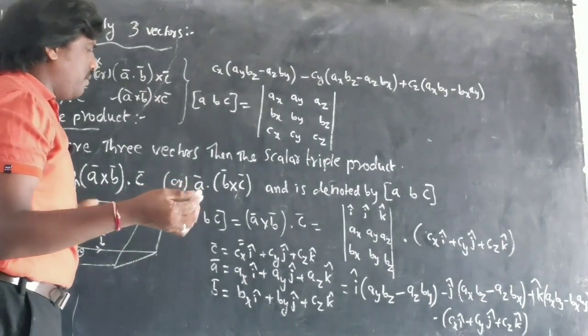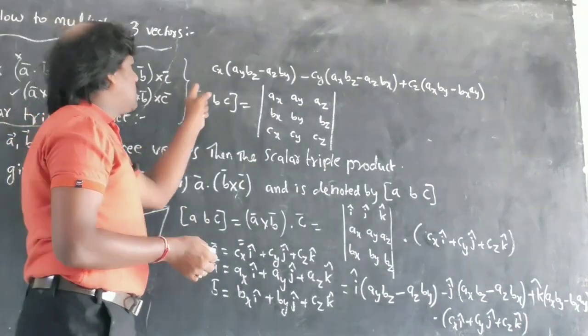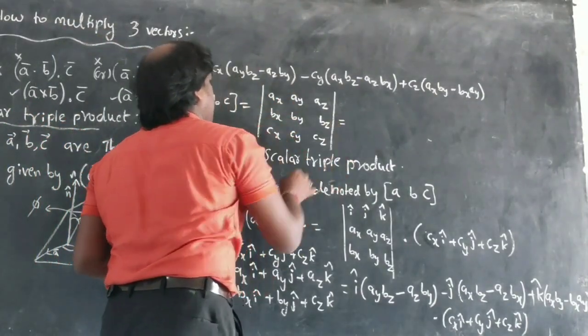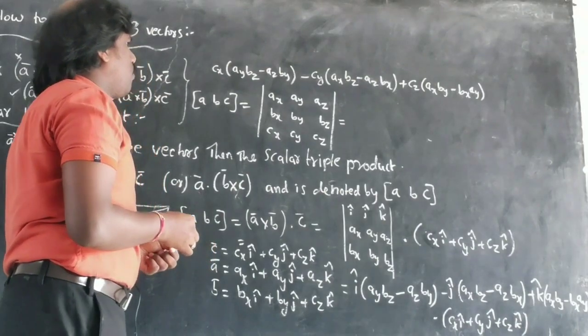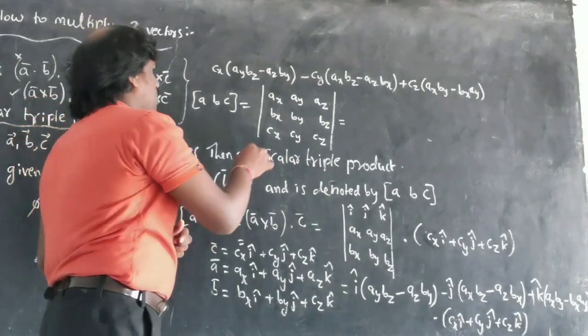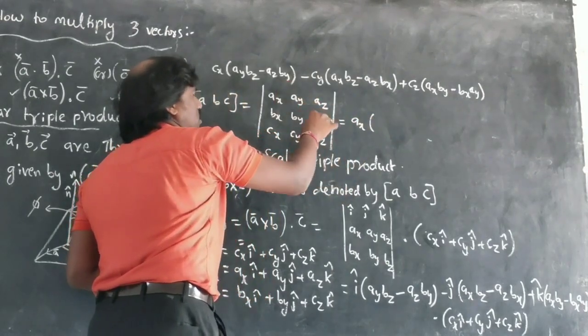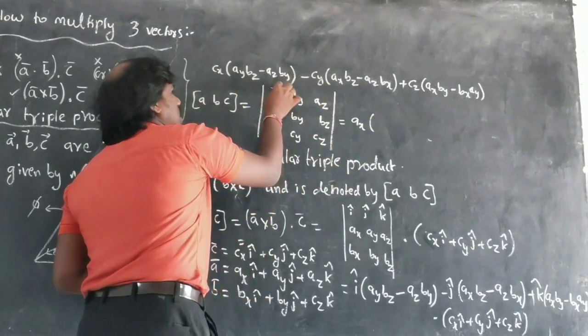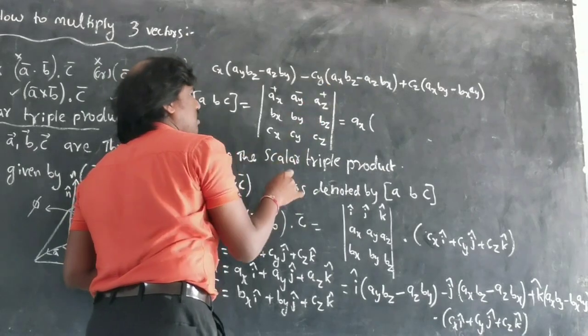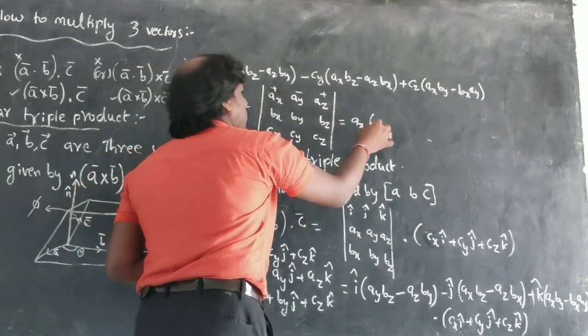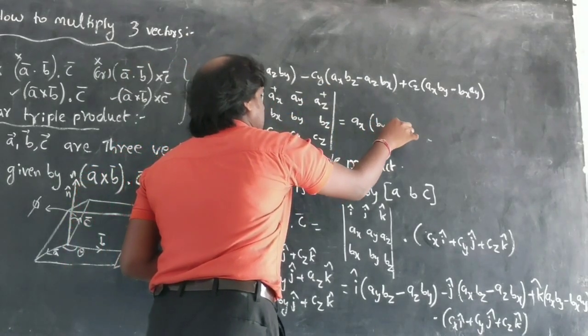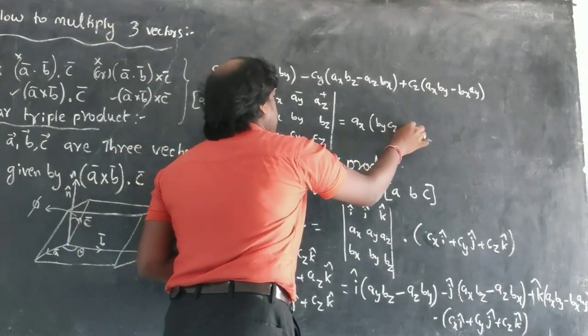Now what I do here, this determinant, if I open this determinant, what is the result I am going to get? That is AX into the determinant. How to find? It's plus, minus, plus. So AX into what I am going to get here, BYCZ minus